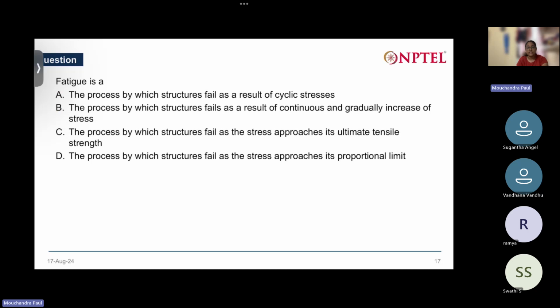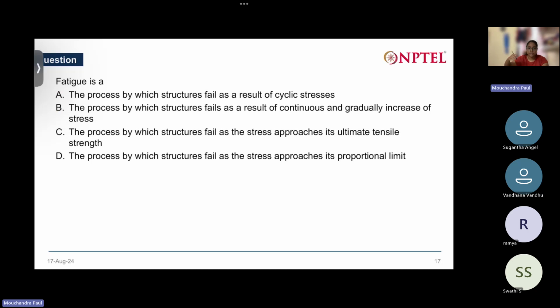Often there are some small microscopic cracks that may be there due to manufacturing defects or something like that. If that solid is constantly being subjected to stresses in an oscillating manner,